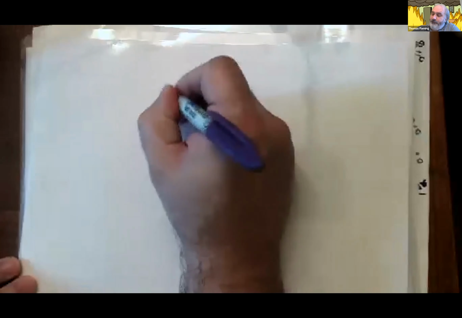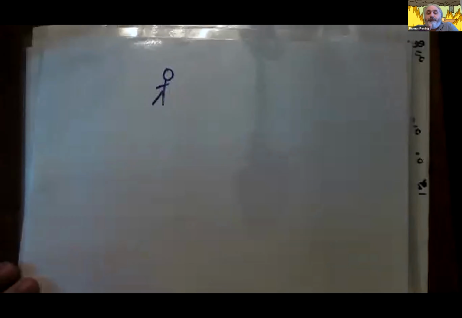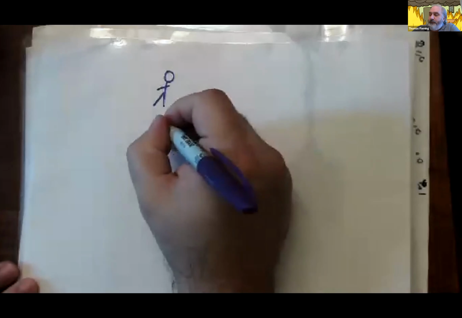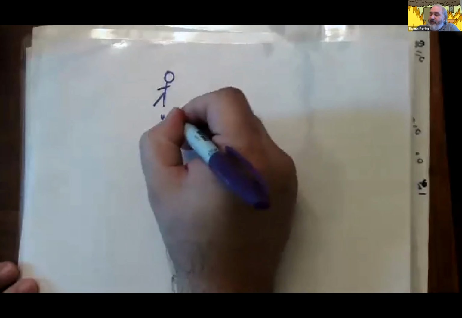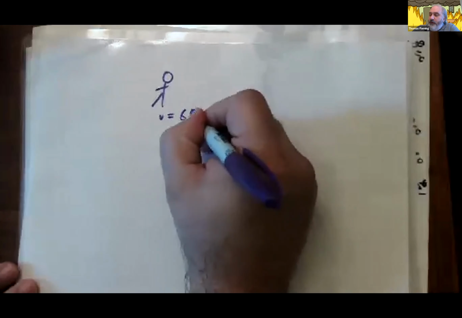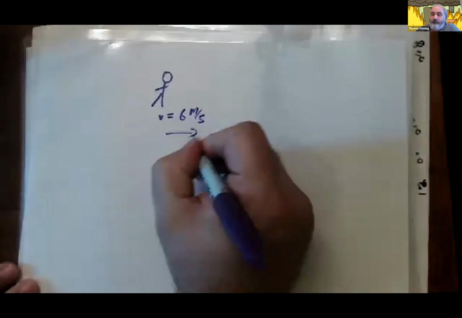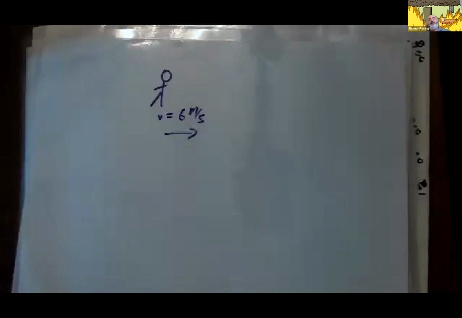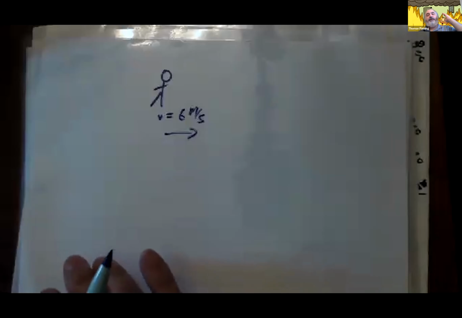So here's the scenario. Let's presume that you are out taking a nice, pleasant jog. So here's you. And let's assume, for the sake of argument, that you are already running as fast as you can run. Let's say that you're running with a velocity of, let's say, 6 meters per second to the right. And as you take your pleasant jog, you look back over your shoulder and you see,